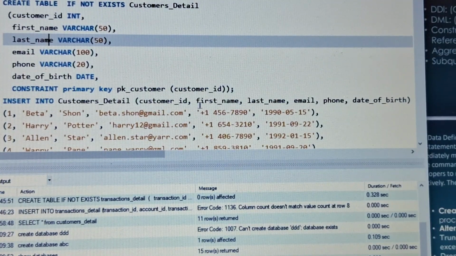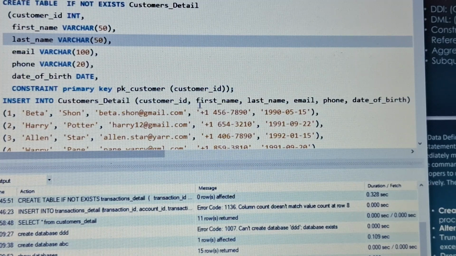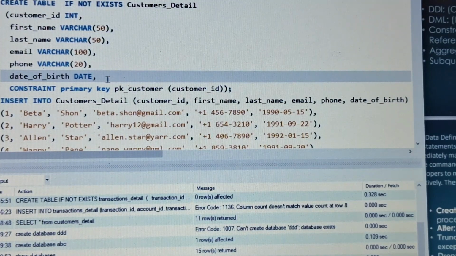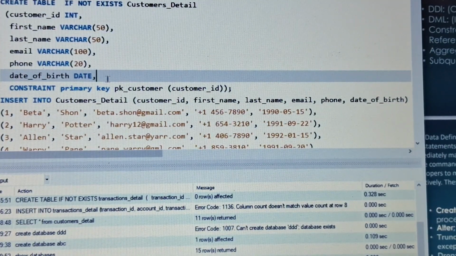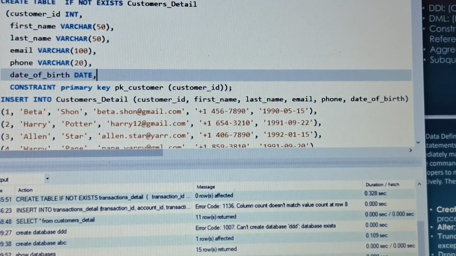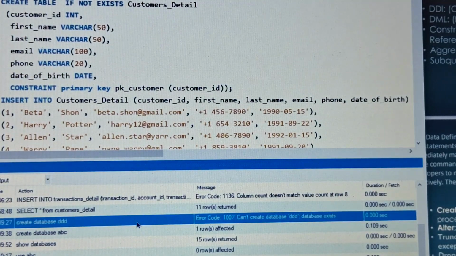A primary key is unique in every table, and it cannot contain any duplicate values. Any field values cannot be the same in it. Like in customer ID, the primary key is a unique key, and its value cannot be null, meaning it cannot be empty. So the table has been created.